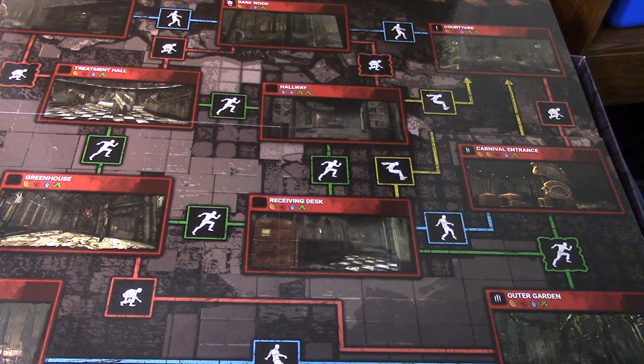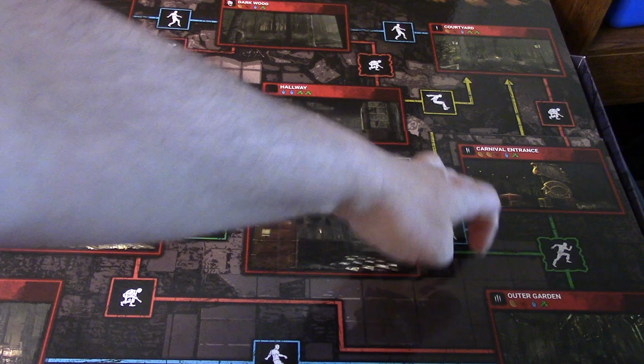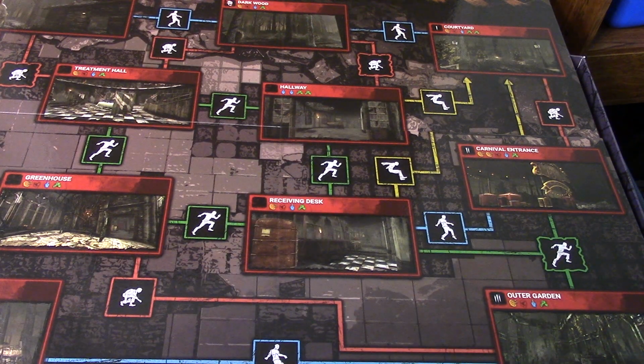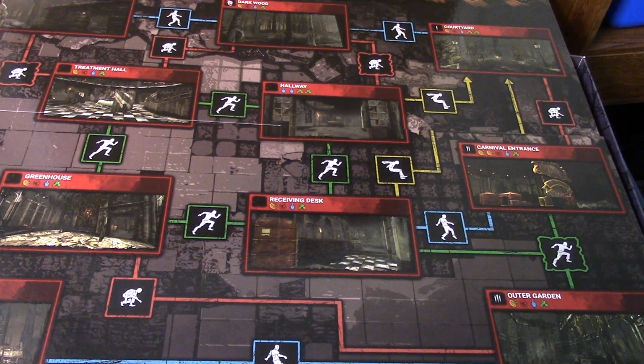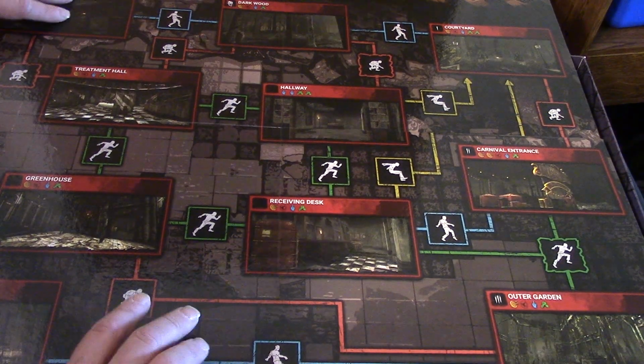Whatever Warden is. God, I can't think of the name of this particular map, but as anyone who has followed my Twitch and YouTube channel knows, Cortus Pren is my favorite of the maps. The Carnival entrance up here, Outer Garden. Yeah, this looks terrific. Then on the other side, on the flip side,